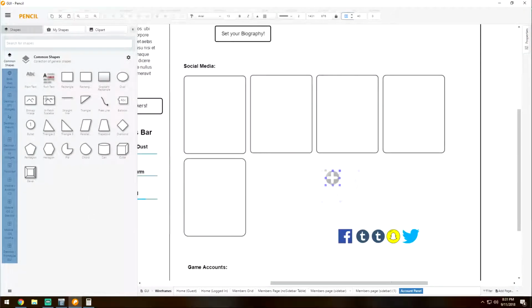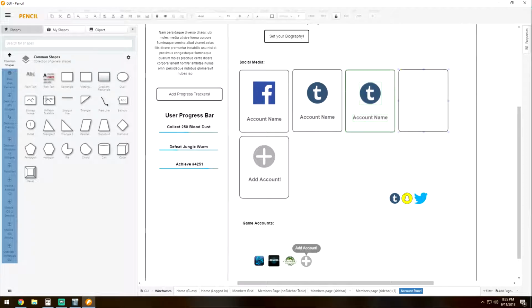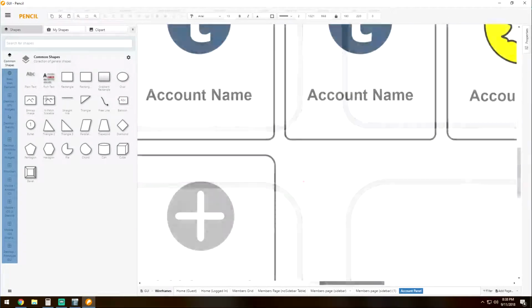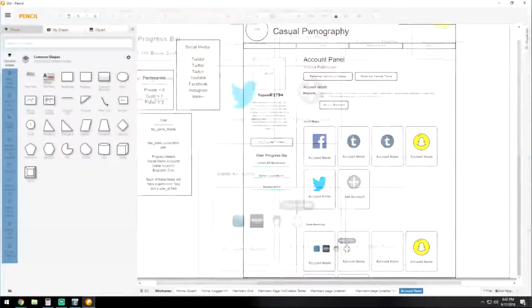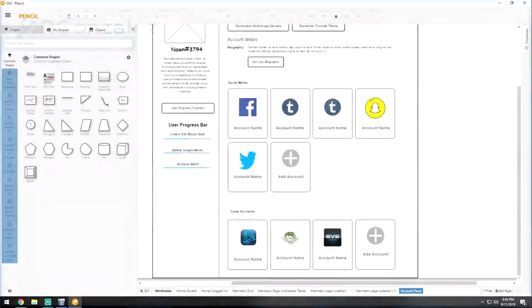So, the account preferences were pretty simple. I sort of envisioned those as just buttons that, when clicked on, will render a pop-up that'll allow you to either manage the devices, maybe add a new one, and so on and so on. That was pretty easy, but then I got to the next part of the account panel, which was the third-party